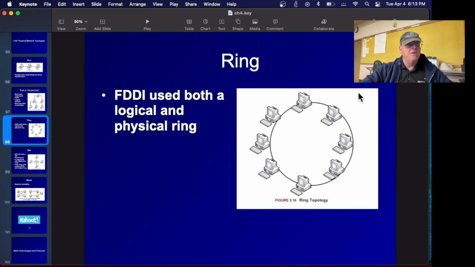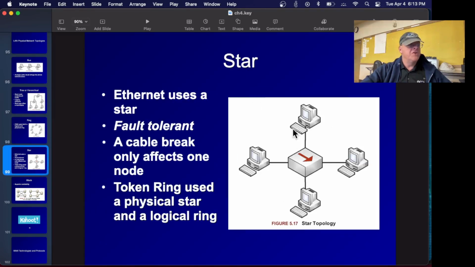And then you can have a ring, which Token Ring has, and Fiber Channel and many others, or Fiber FDDI, and other ones. There's a ring like this, so if the cable is broken in one spot, you can still communicate by going the other way around the ring. It can survive one break if it's a double ring that has cables going in both directions. And then there's a star, which is what Ethernet uses. You have a central switch, and every device has one cable going to the switch. And if a cable breaks, it only causes one device to lose connectivity.